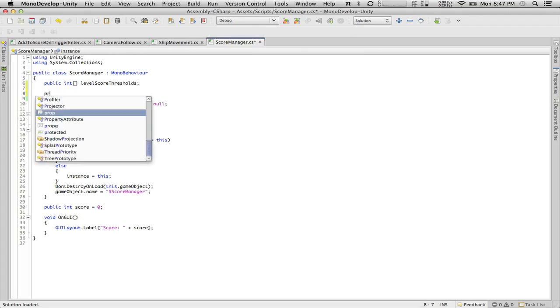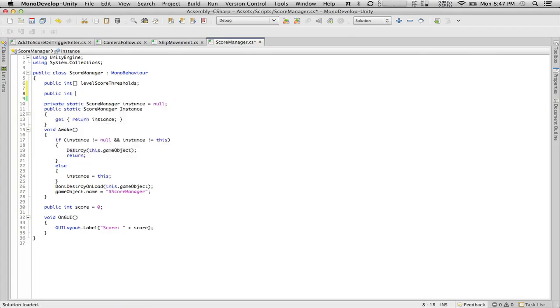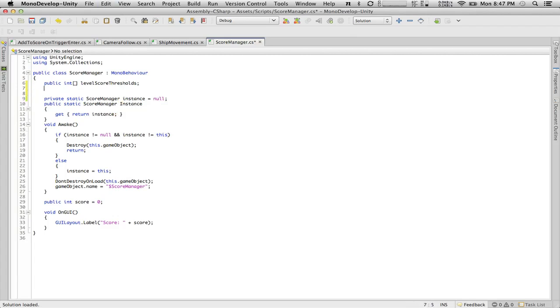And so we're going to have a private, actually let's make it public int level, and let's call it current level. And we're going to set this equal to 1 to start, because I feel like levels are one of those things we can get away with being 1 based. So I'm going to call it current level equals 1, level score thresholds. And so we don't have an update function on here yet, so we're going to have an update function on here now. Void update. And I kind of want to set this up as a C# delegate thingy, but I'm probably not going to do that tonight. So update if